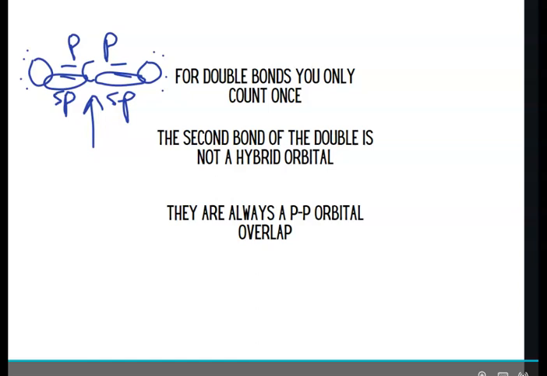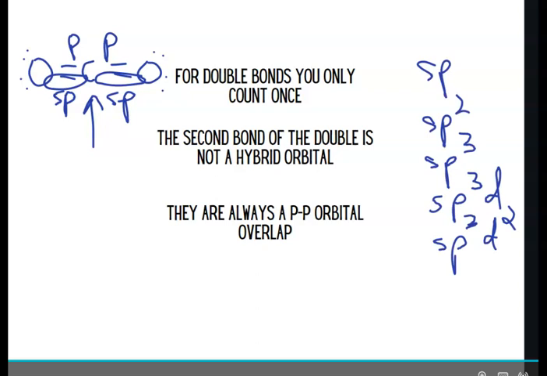Now, these hybrid orbitals, if you take a look here on the right-hand side of the screen, this is a list of the common ones: the sp, the sp2, sp3, sp3d, and sp3d2. This is for what's known as the expanded octet. When you get to the third principal energy level, the atoms there, since you have the d sublevel, can have valence electrons that are in the d sublevel. For example,